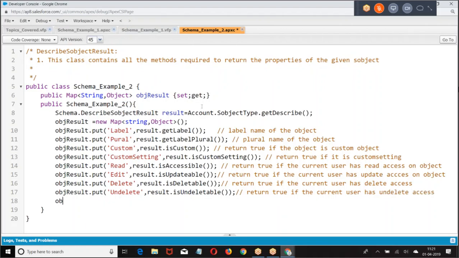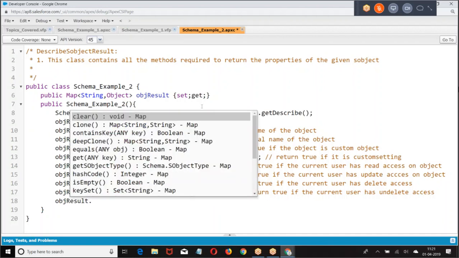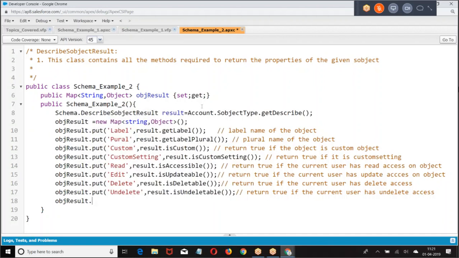All these are properties which you are trying to fetch.